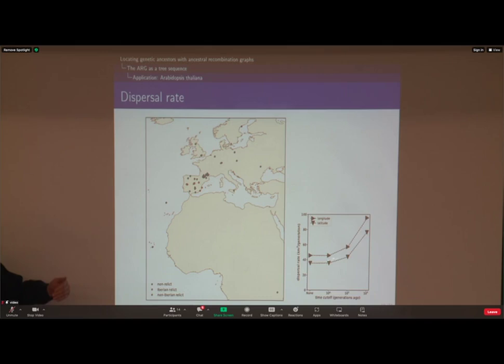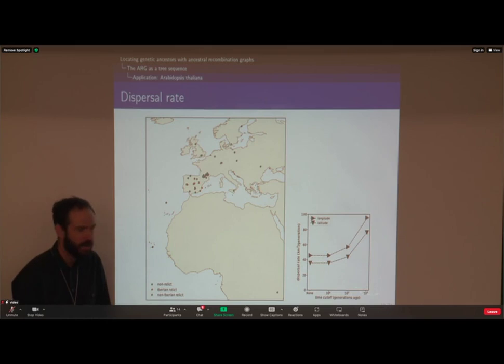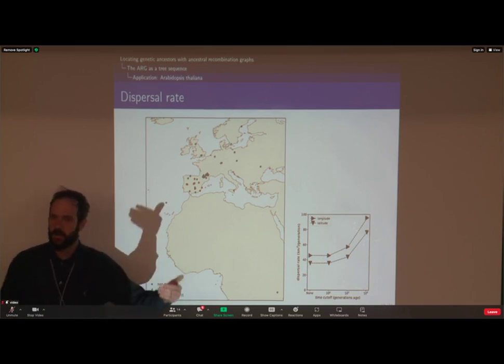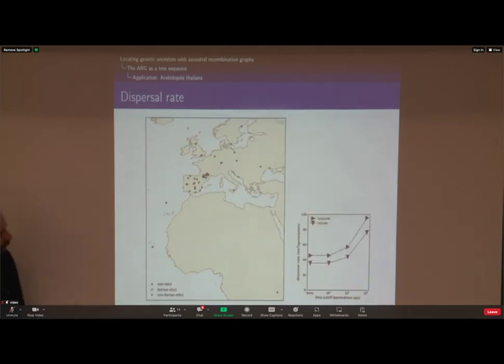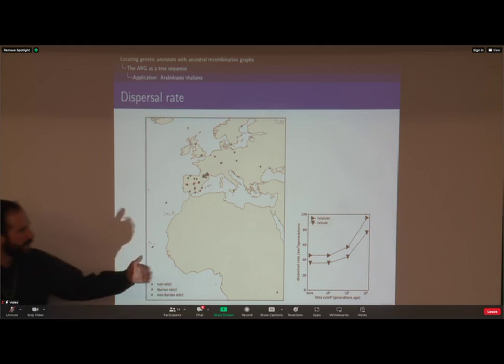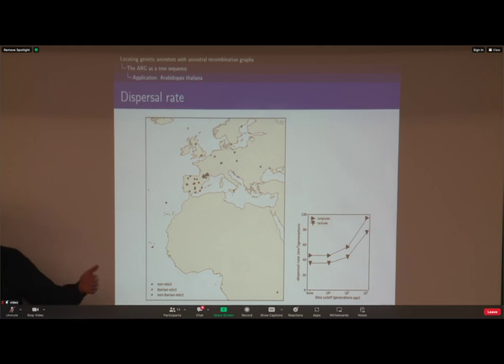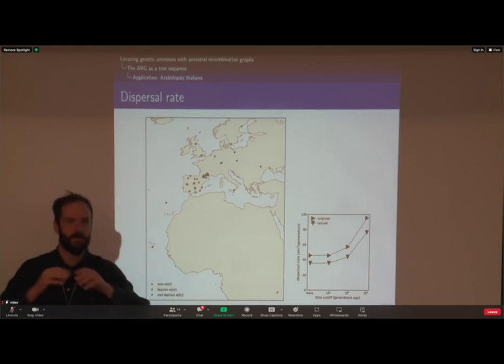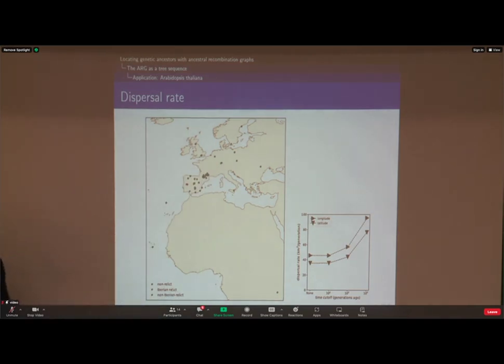And I mentioned that we can ignore the distant past. And so if we infer dispersal rate as we ignore more and more of the past, so if we just look at the last 10,000 generations, we get a higher dispersal rate. And that might be reflective of faster movement in more recent times, especially post-glaciation, Arabidopsis spreading north. Oh, and the final thing I'll say is that we see a higher dispersal rate east-west than we do north-south. And that has been noticed before and might be indicative of more similar environments along the east-west axis than the temperature gradient that you get north-south. There's also some talk about human agriculture helping